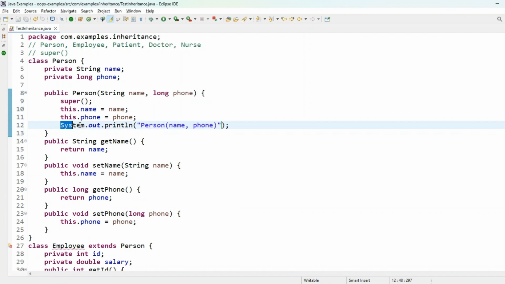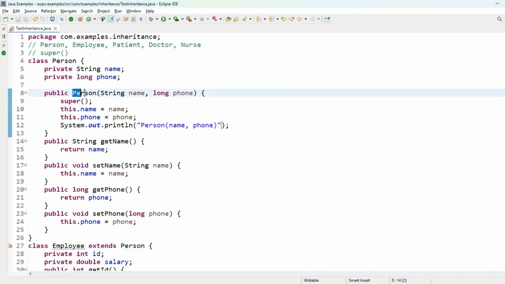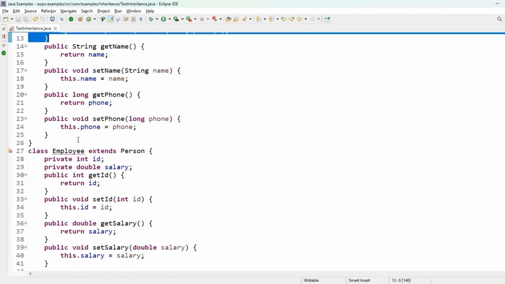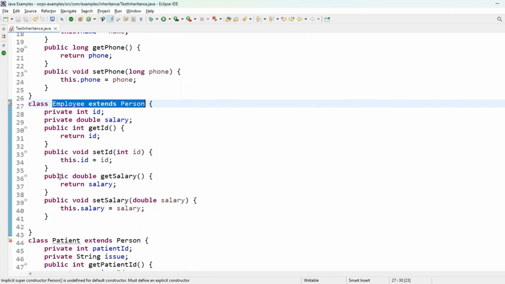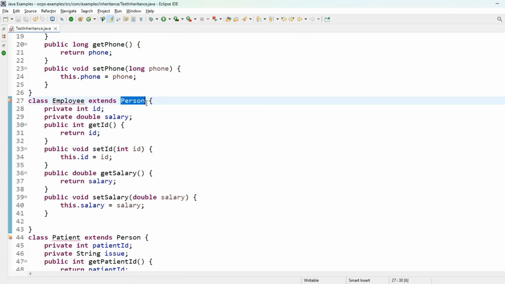This is to understand, when you create the object of any subclass, what is the constructor order of invocation. As we are going to create the object of patient, doctor, and nurse, we should be able to see the person constructor also getting invoked. But the moment I create this constructor, look at the employee class, it is giving a compilation error because employee extends person,